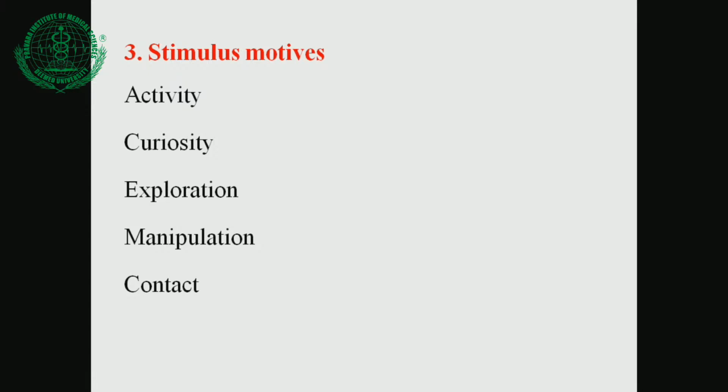Then the contact. Contact is something you can take several examples of, in the adult and in the child. Normally, when we talk about the example in the child, stimulus motives, kangaroo mother care, the contact of the child with the mother, and due to that he is getting a security feeling. That is nothing but the contact motive. When you talk about the adult, he makes contact with several people to fulfill his objective, or for communication purposes he contacts different kinds of people. But normally the stimulus motive is important in children.